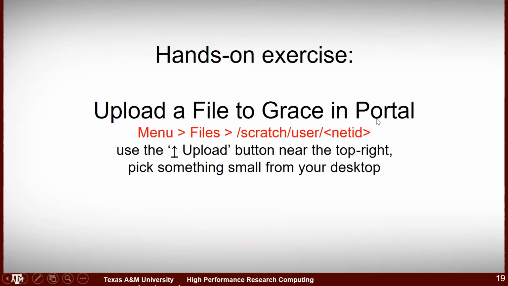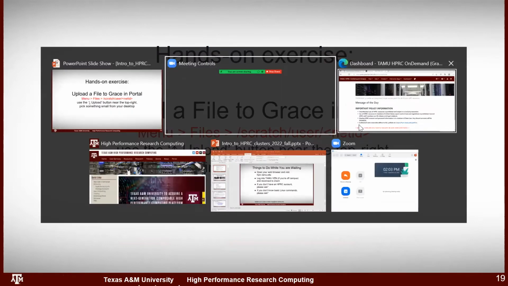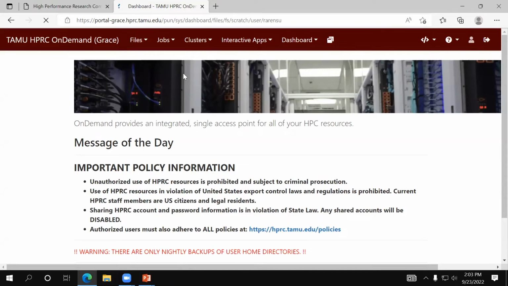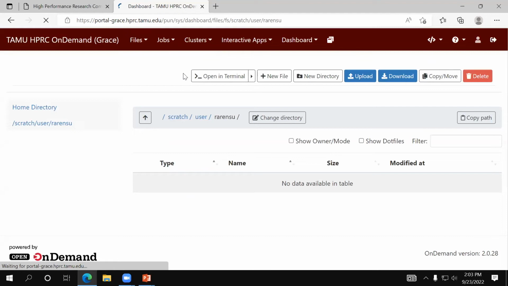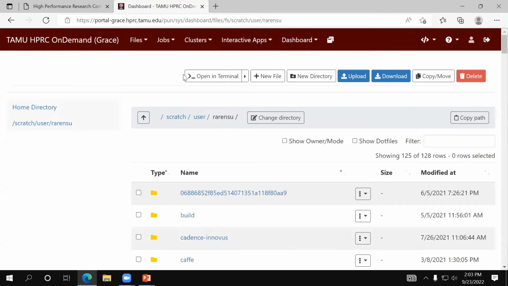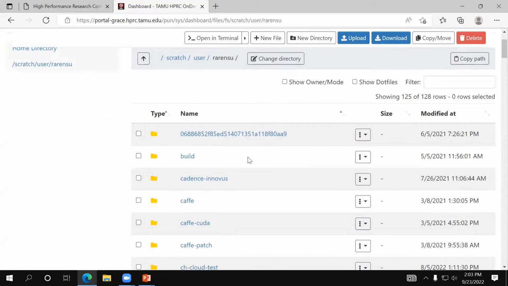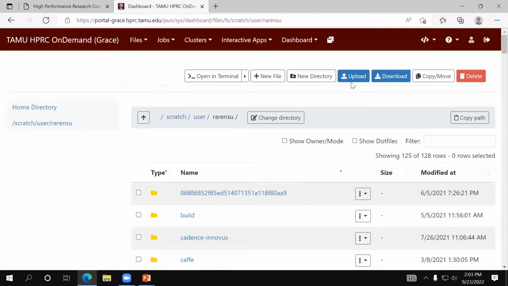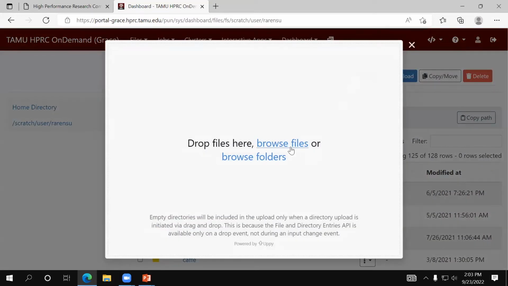So first exercise is upload a file to Grace in the portal. So here's the portal. We're going to use the files menu, and you pick one of your two file systems. So do you want to upload to your home directory or do you want to upload to your Scratch directories? Okay, so we're going to try uploading to Scratch. So when you click, you have to wait a moment, but you get a file navigator. See, we have folders with names and then a bunch of buttons, and I found an upload button that's blue. So I'm going to click on the upload button, and